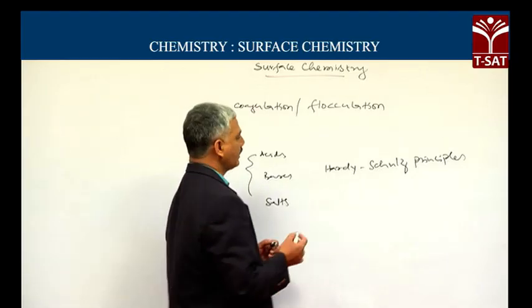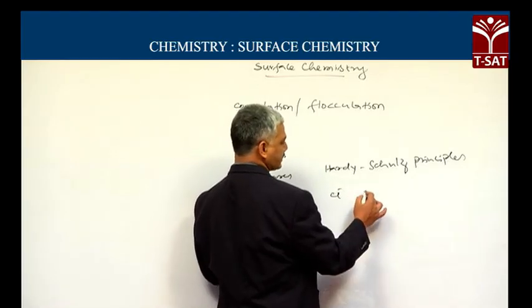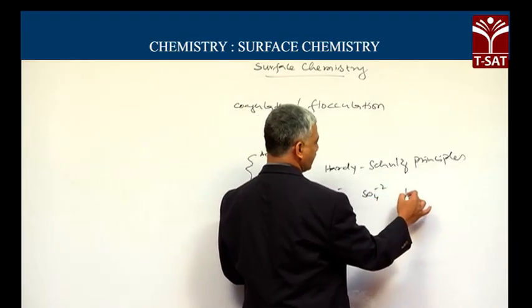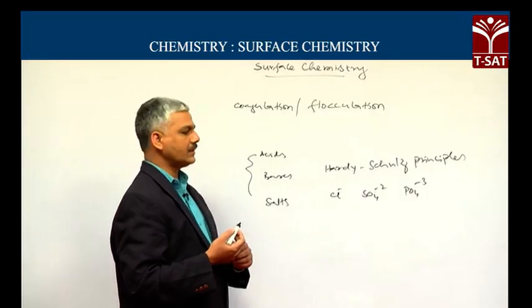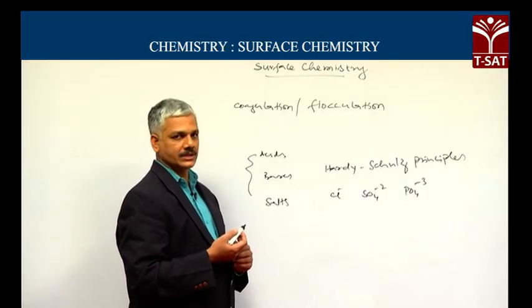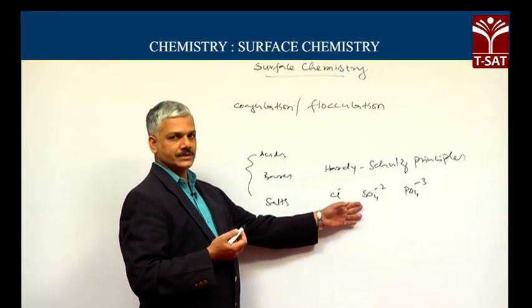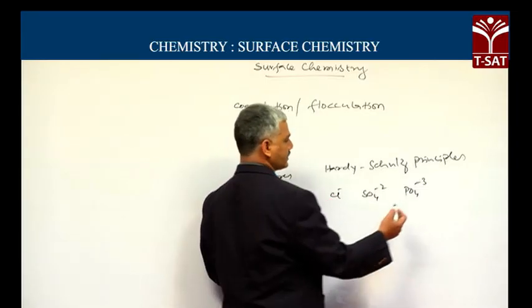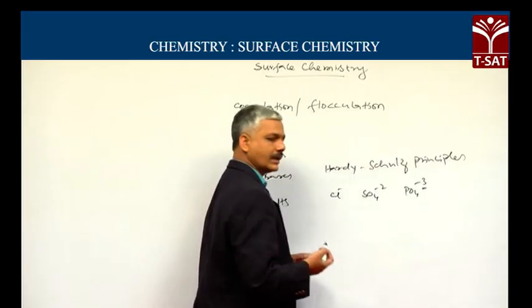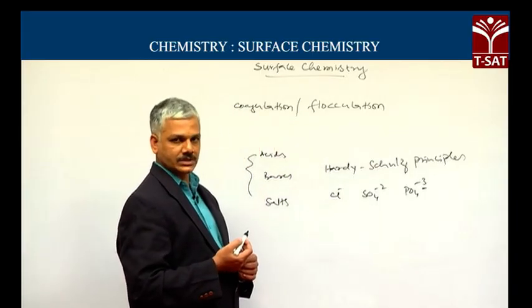For example, if you take Cl⁻, SO4²⁻ and PO4³⁻ ions, phosphate ion will have